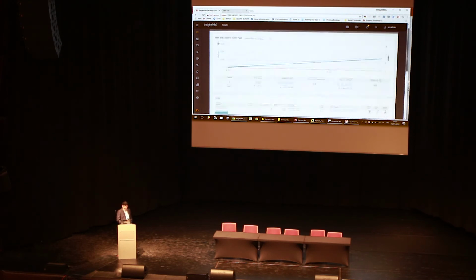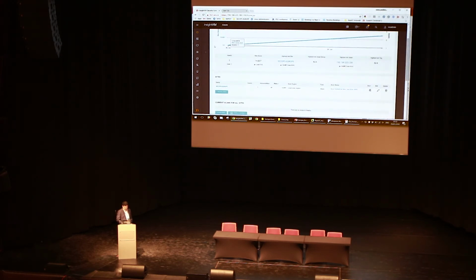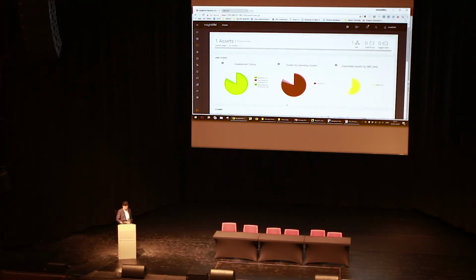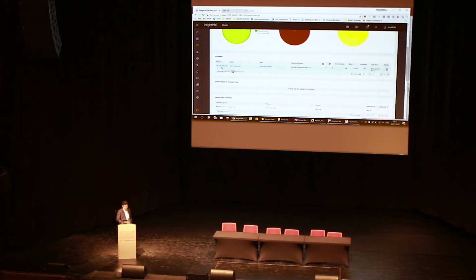So this asset is actually here. It's an IP address and a host name, and this operating system has that kind of vulnerabilities, so 48. And there are 4 Metasploit modules that you can use to exploit those vulnerabilities. And when I click on that asset or host,